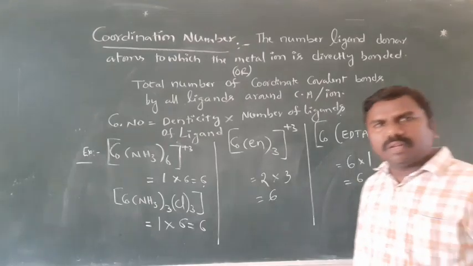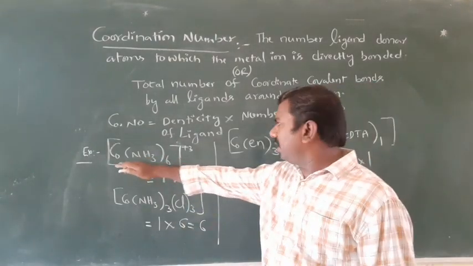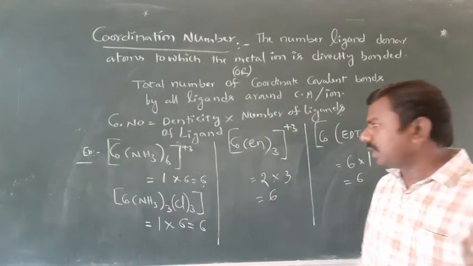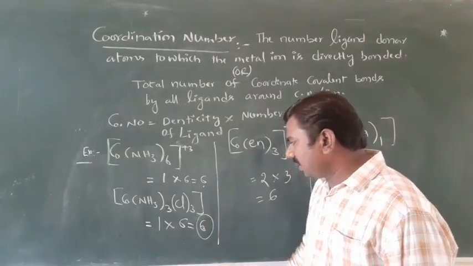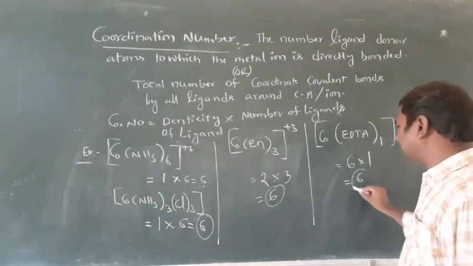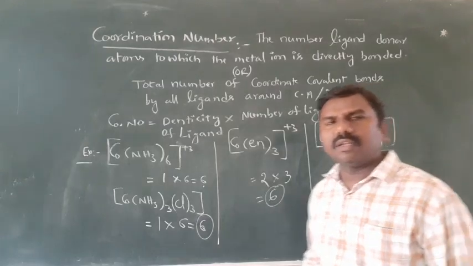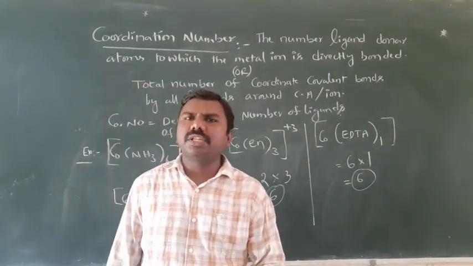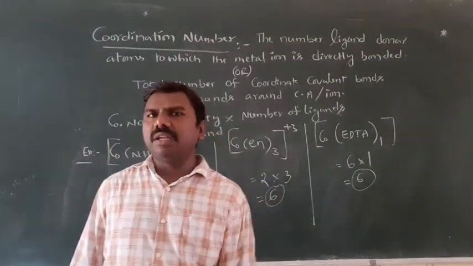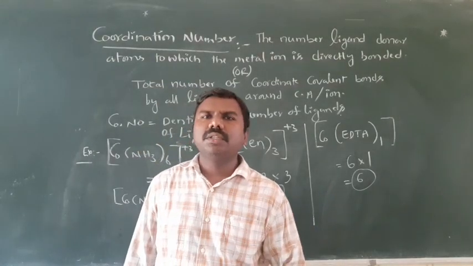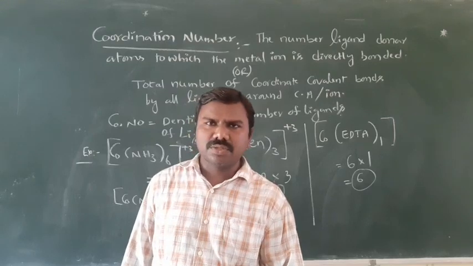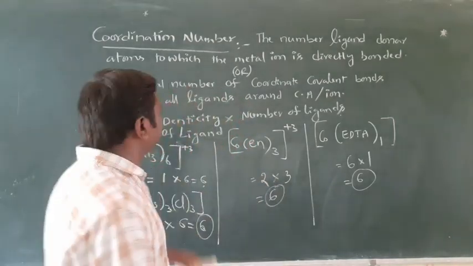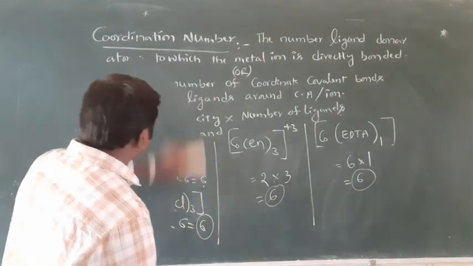You just observe in all these cases, I have given cobalt complexes, central atom cobalt. In all these cobalt complexes, coordination number is 6. Remember one thing, for cobalt complexes, coordination number is always 6. It is experimentally proved. In our next video, we will discuss the structures also for coordination number 6. Few more other examples we'll observe.